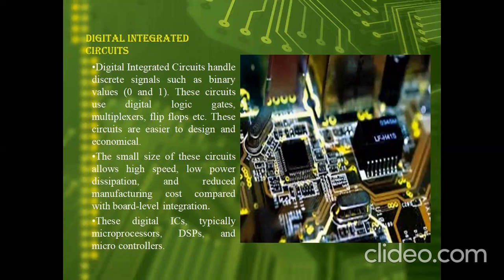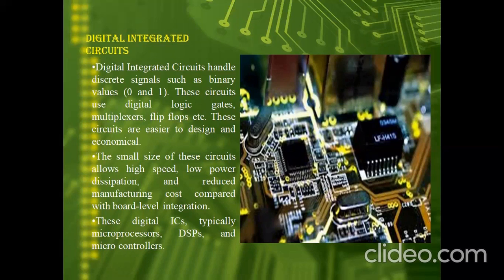The very name implies digital. It accepts the binary values 0 and 1. These binary values are also known as discrete signals. In between 0 and 1, we don't have any other number. These circuits use digital logic gates, multiplexers, and flip-flops.